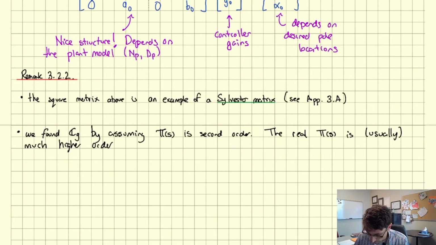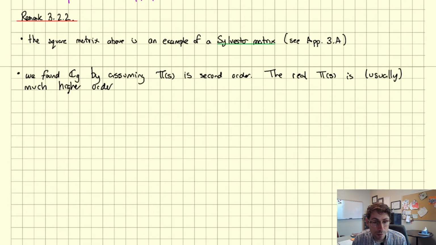Right? And we just saw that, right? If you start with a second order plant, we ended up with a third order characteristic polynomial. So we need to justify. Remember we said that we need to justify this assumption. So to justify our assumption,